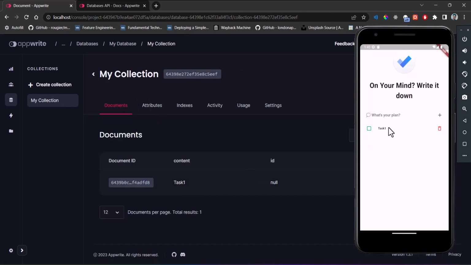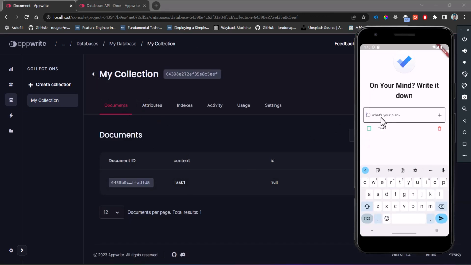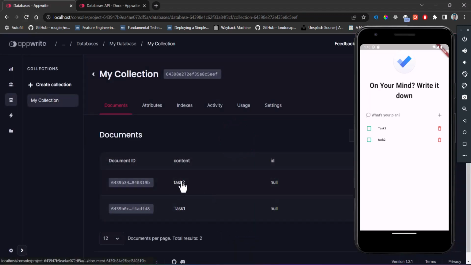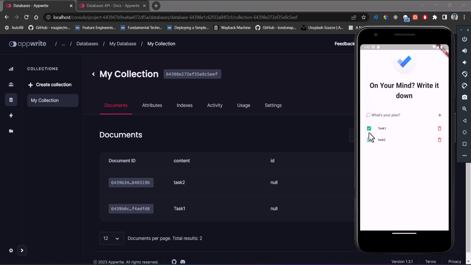task 1 is getting shown over here. So now let me try adding some different to-do. Let's say task 2 and reload my document. As you can see, this list is added in my database as well as updated onto my app screen. Now you can just mark it as completed, reload this,